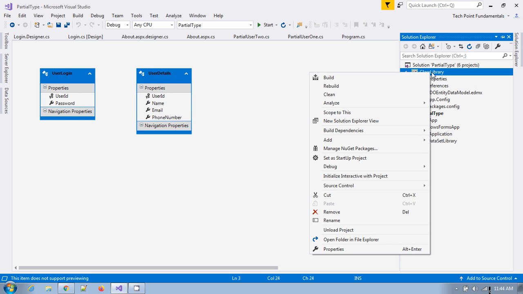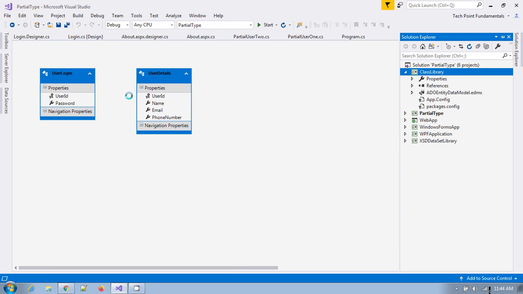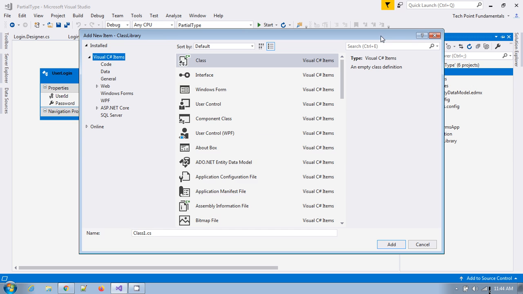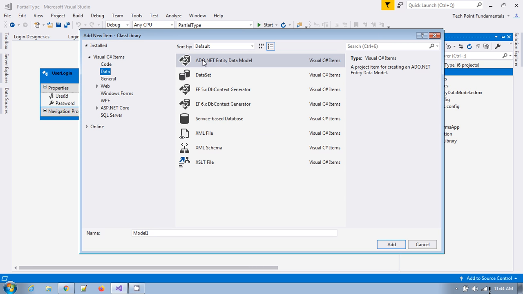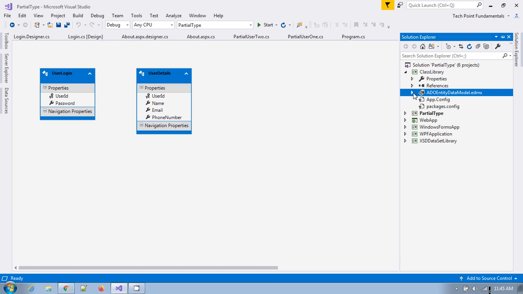For adding an ADO.NET Entity Data Model, you have to go to Data, and you can find this ADO.NET Entity Data Model option there, right? You can add it from these options, but I am not going to add it because I have already added this ADO.NET Entity Data Model into our project. So here, if you expand this,